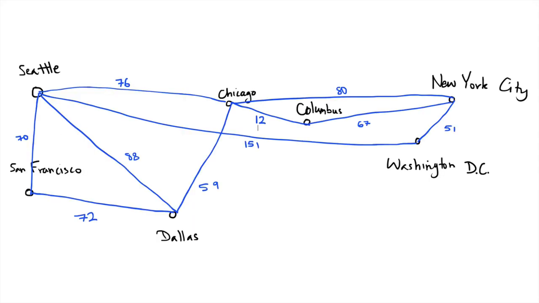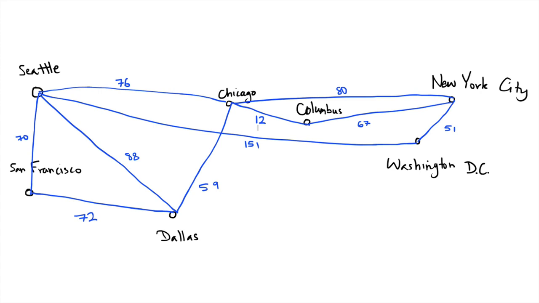Anyway, let's look at one of these search problems. Here is a crudely drawn map. Suppose your goal is that you're in Seattle and you want to get to New York City, and you're booking flights. The edges between these different cities represent some kind of cost, like maybe airfare, or maybe you want to drive there for some reason, and they represent distances, or different kinds of cost metrics. This is an example of a search problem where you want to go from one city to another. This is a pretty classic search problem, and you want to minimize the total path cost.